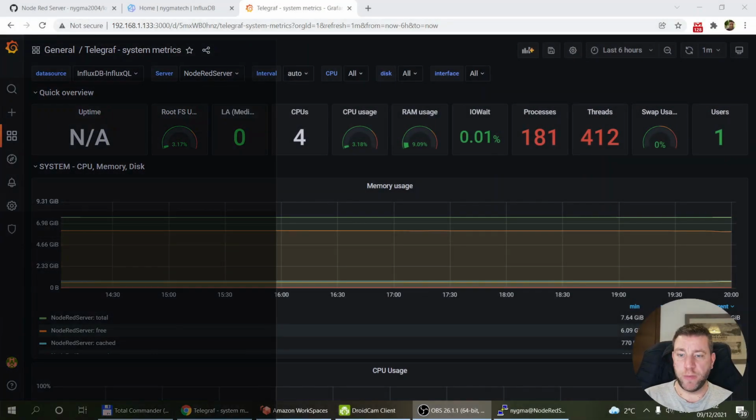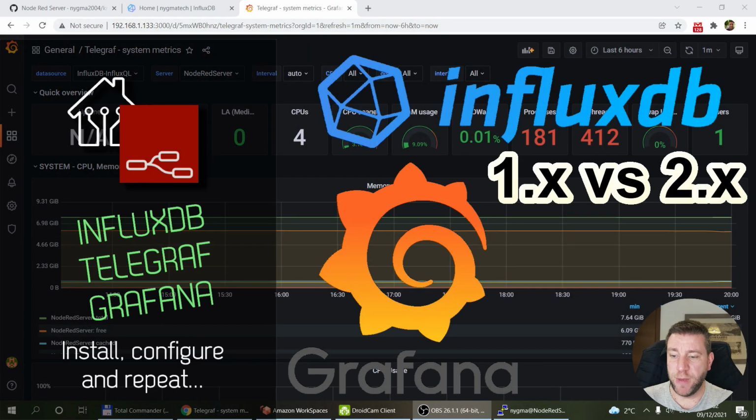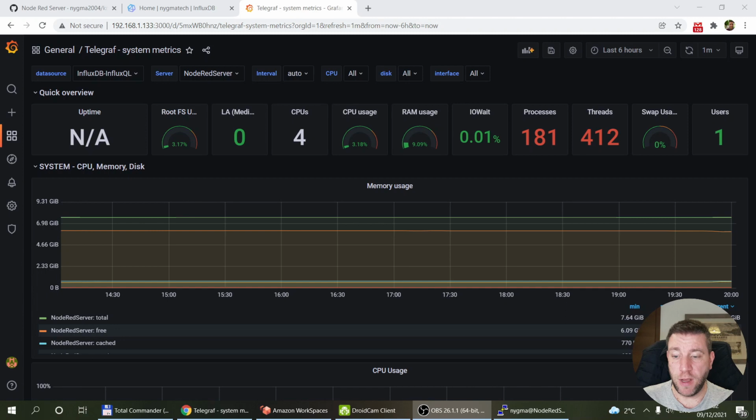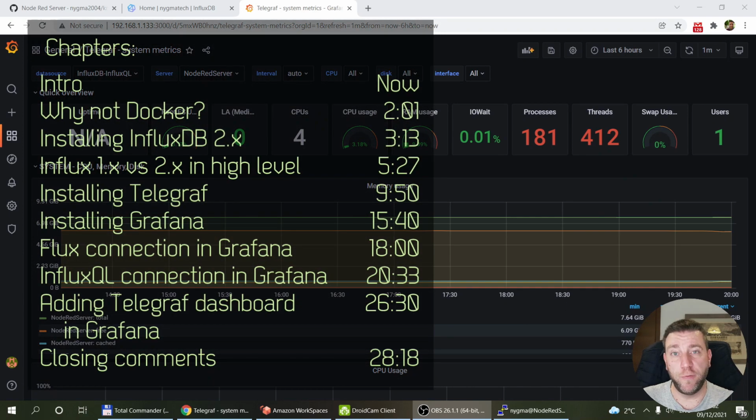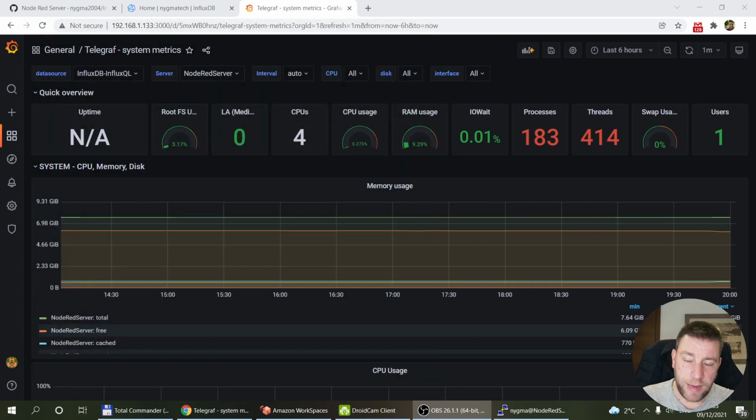Welcome to a new video in my home automation series, and this time I'm going to talk about InfluxDB and Grafana. And I want to do it slightly differently, because obviously InfluxDB and Grafana have been around for a long time. So there are a lot of videos on how to install and configure each of these systems. So I think what I'm going to do now is dive a little bit